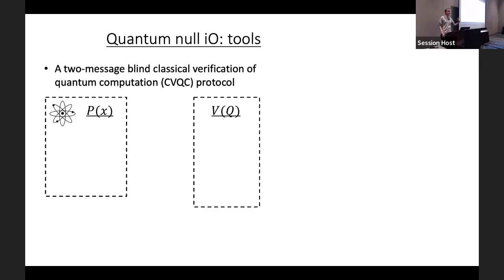Well, it's just an interaction between a quantum prover P, that has some input X, and a classical verifier V that has some input Q. So here Q is a quantum circuit. The classical verifier would like to compute this circuit on some input, but they're classical, they can't do it, so they're going to need to use the prover to